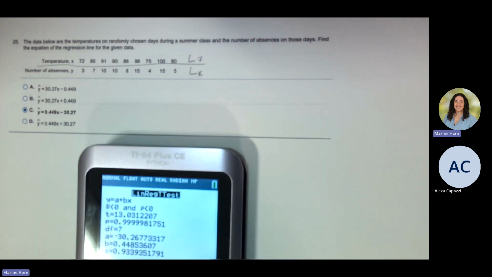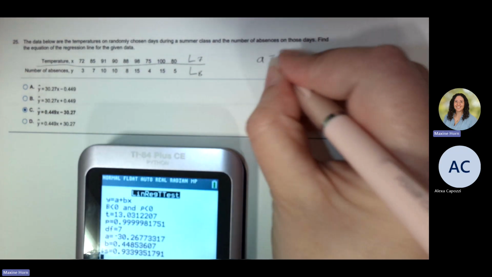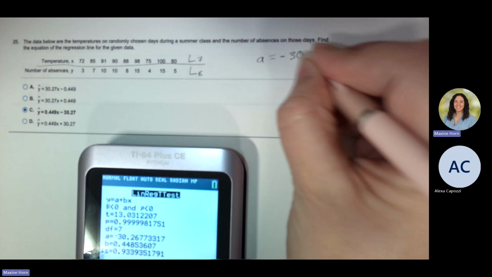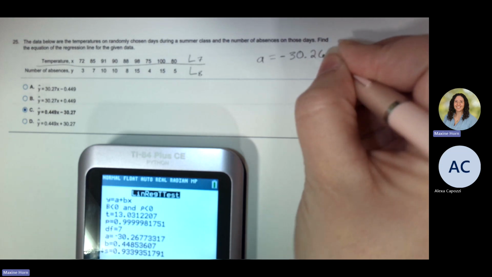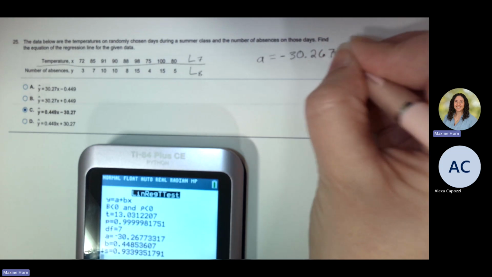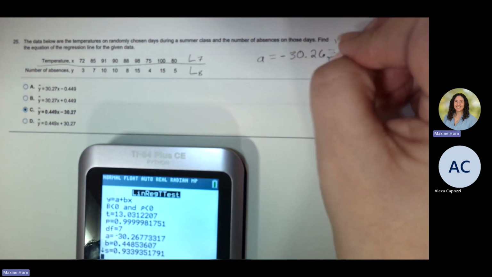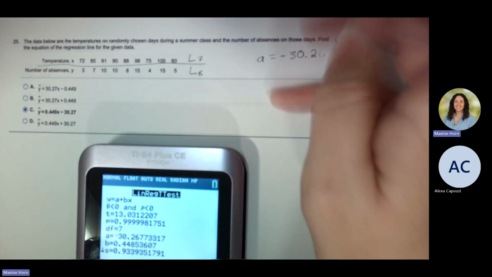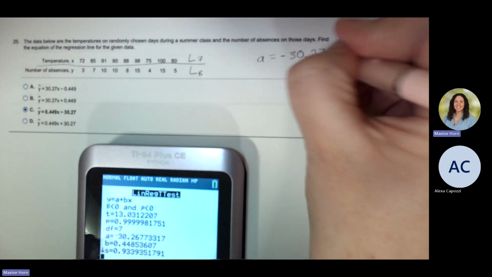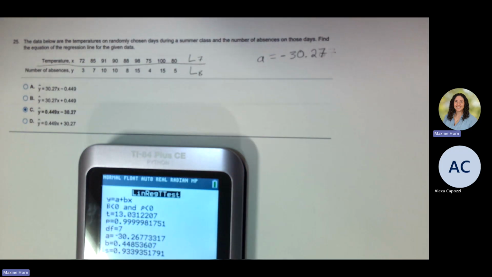So again, I'm being told that my A value is negative 30.267. Sorry, that would be 268, but they're just rounding to 2 decimals here. And my B value,